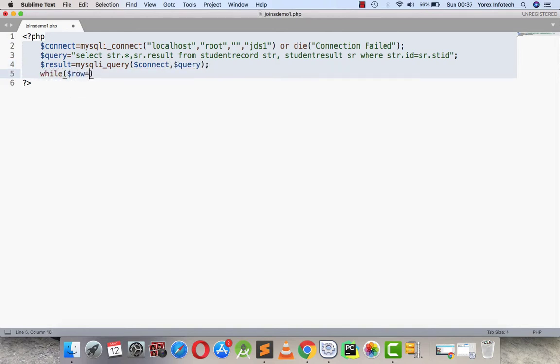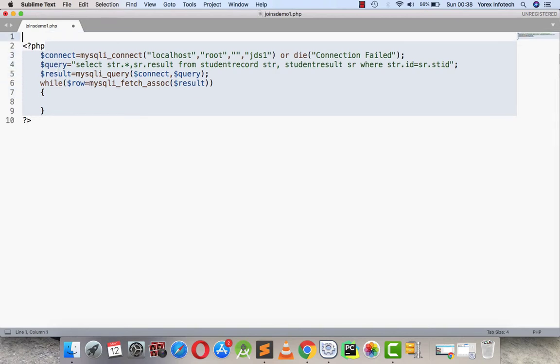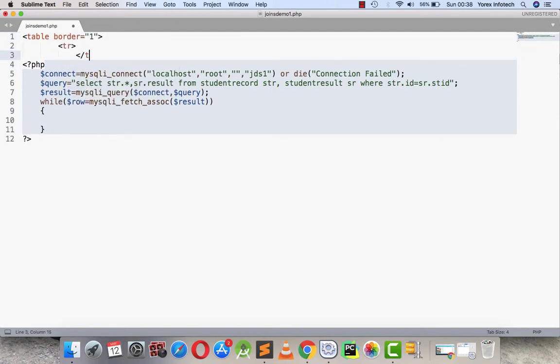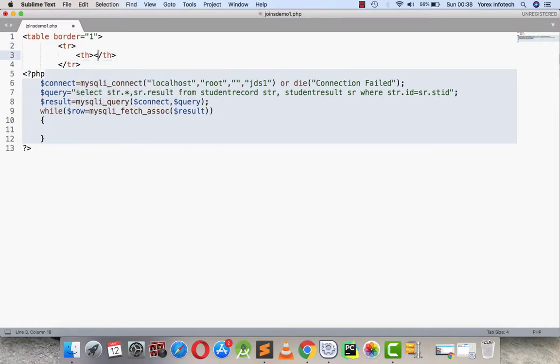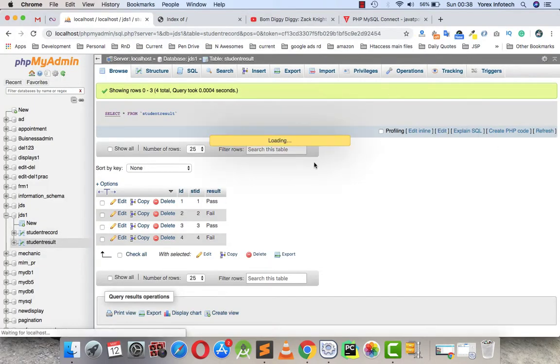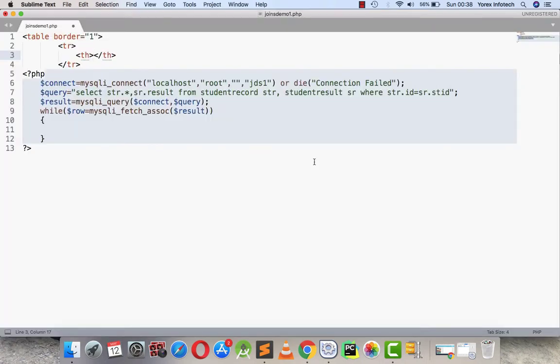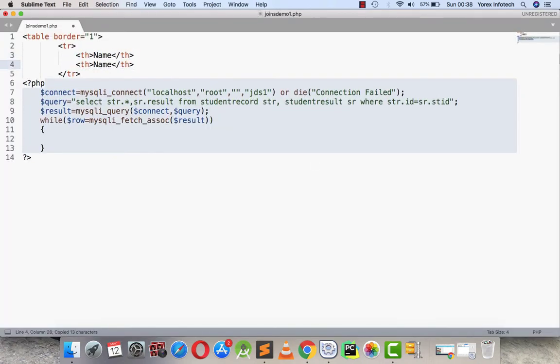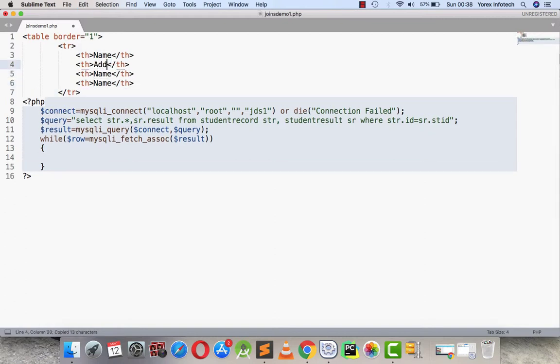Now I'm going to fetch this result. So I'm going to make a simple table over here, so that all the records are displayed in my table only. I will make columns, let them be name, address, phone number, and result. So name, address, phone number, and result. Name, address, phone number, and result. So here I will